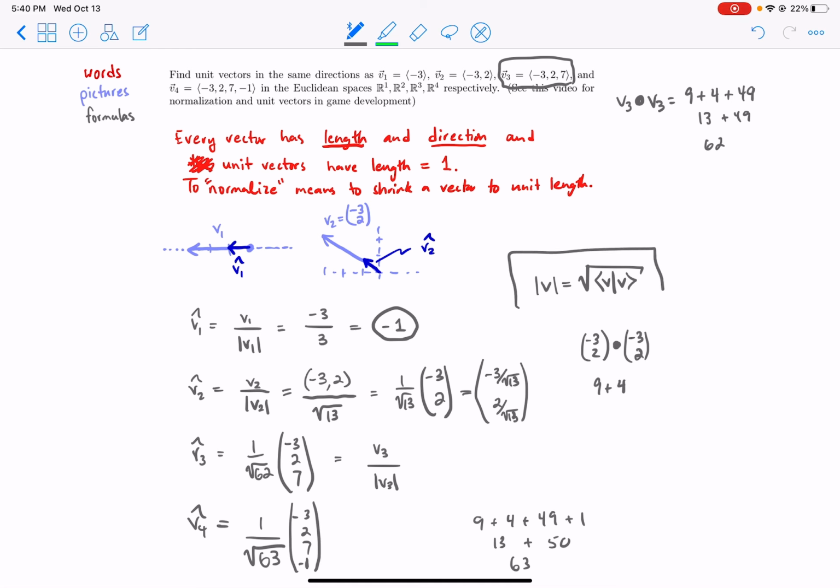Okay, so this was an important formula that helped me decide how to scale my original vector, how to shrink it from there down to there. In this case, v2 is quite literally